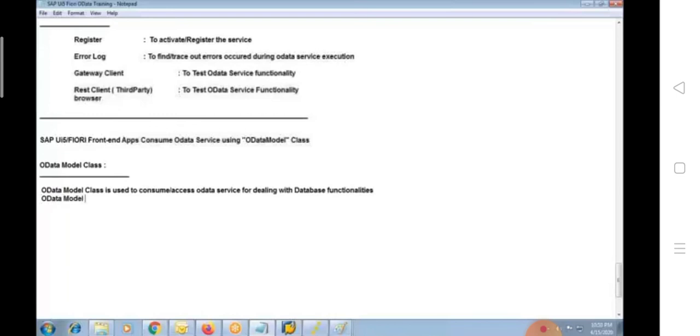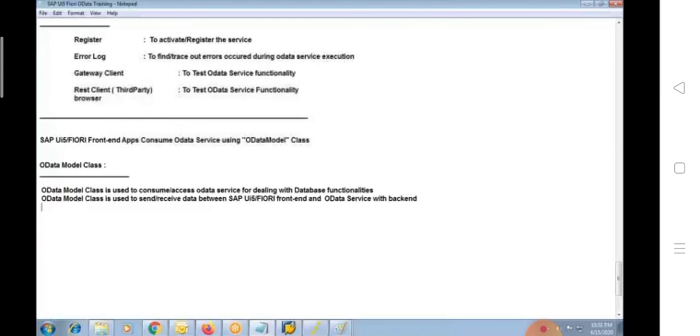And the OData model class is used to send data, or you can receive data, between the SAP UI5 Fiori frontend and the OData service with backend.